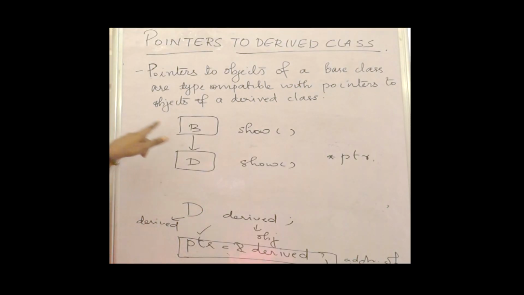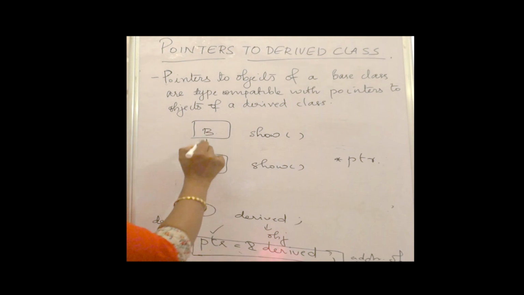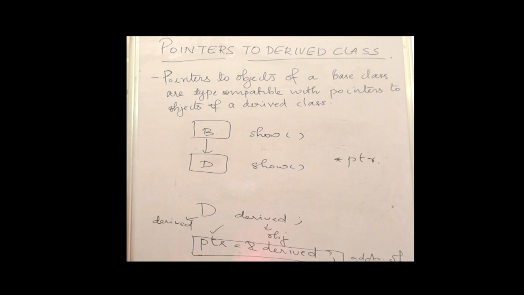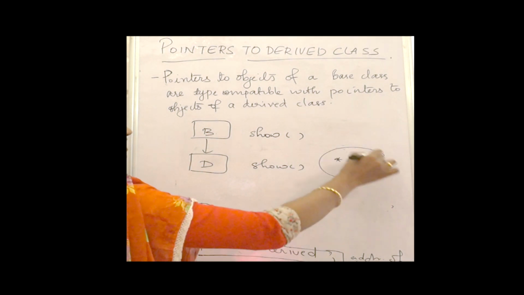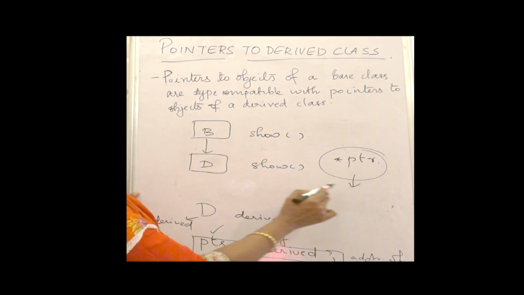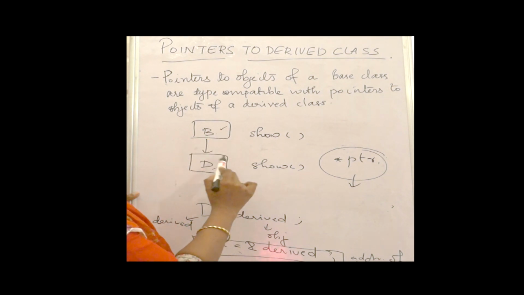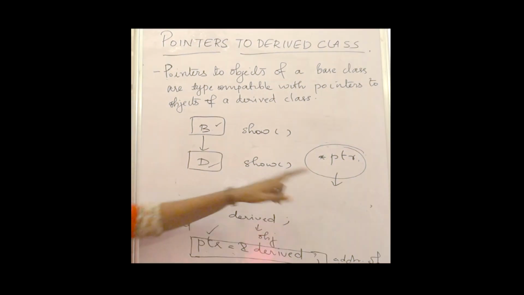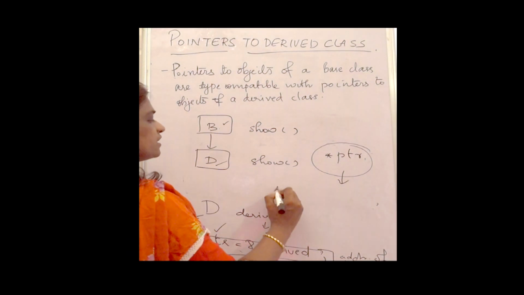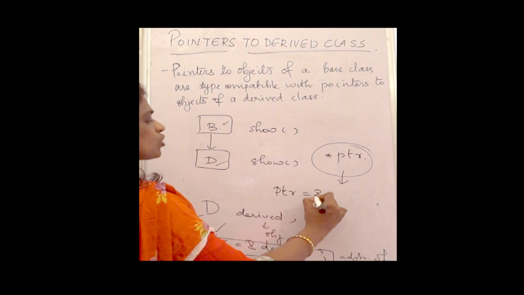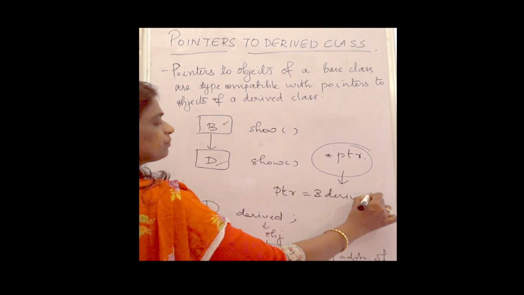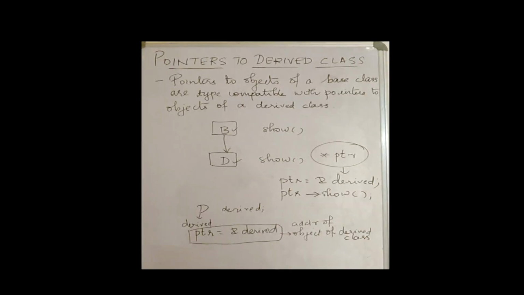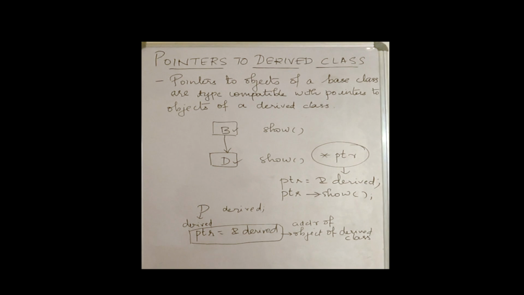Then consider another case in which both the base class and the derived class have a function with the same name, and we are using PTR. PTR can contain the address of a base class object and of a derived class object, and it now contains the address of the derived class object, ampersand derived. What will happen? When it calls PTR arrow operator show, it can access only the member function